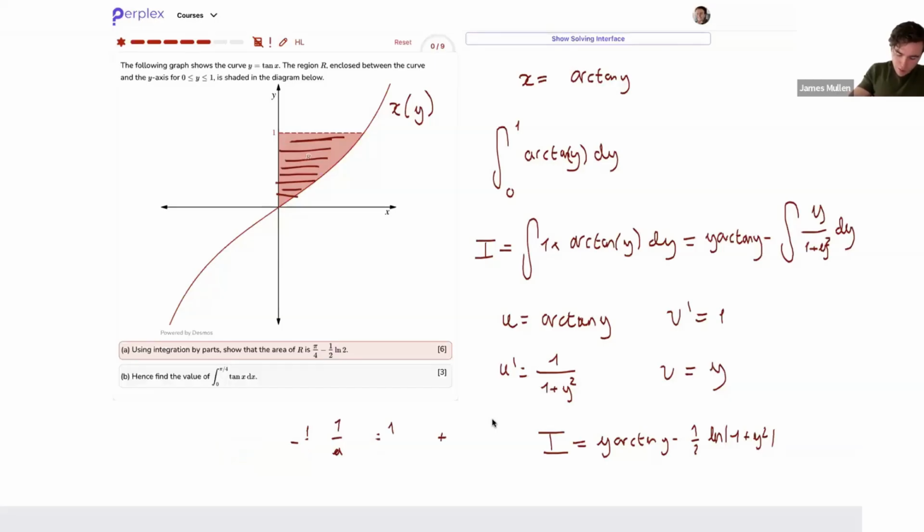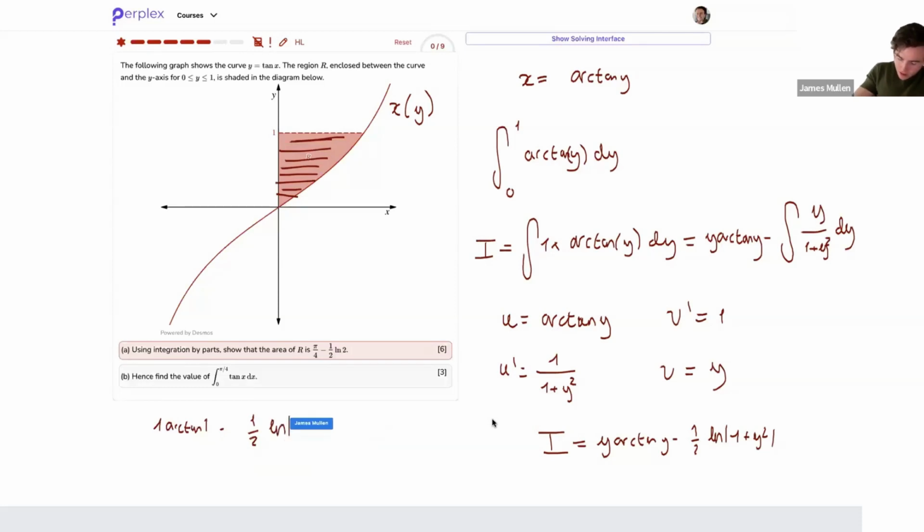I'm going to start, the upper boundary is pi over 4. Oh, sorry, what am I saying? That's the integral in part B. My bounds are from 0 up to 1, so I'm going to do 1 times arctan of 1 minus half ln of 1 plus y squared,